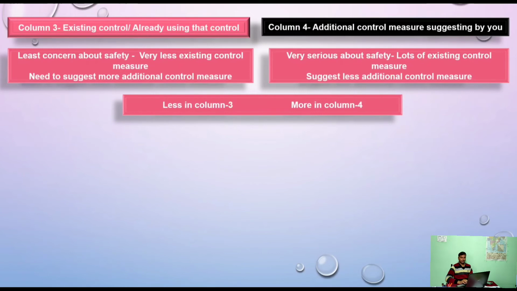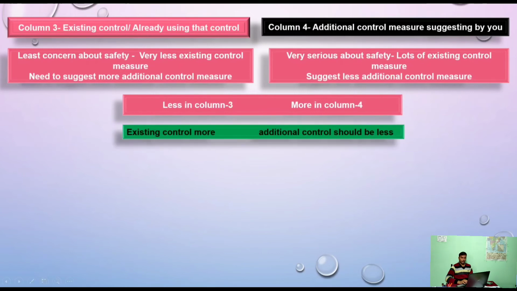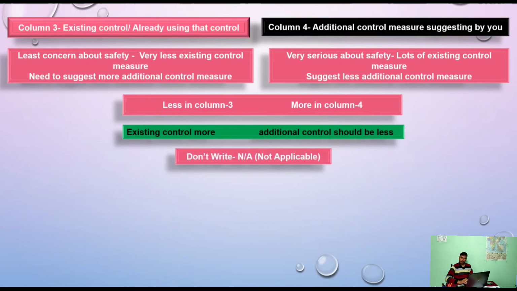If existing control is more, then additional control should be less. Existing control less, then additional control measures should be more. That's it guys. But don't write NA, not applicable. Please don't do that. Now guys, you may ask how many controls need to be written in column number 3